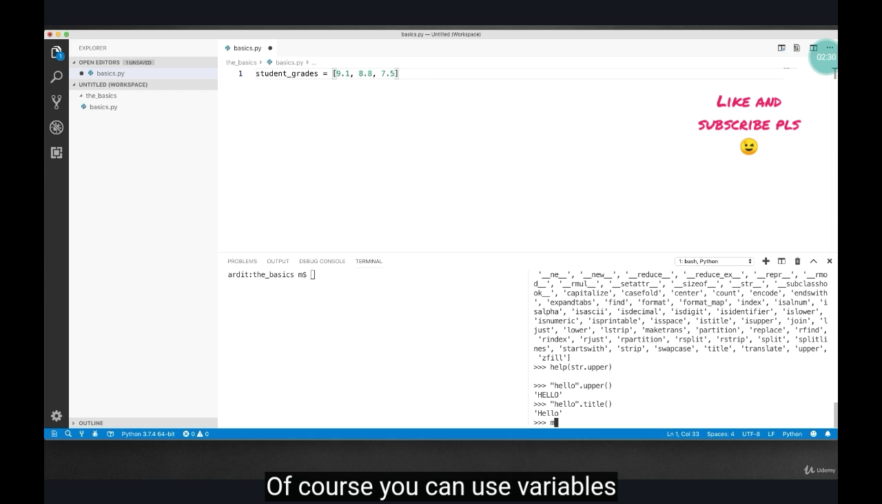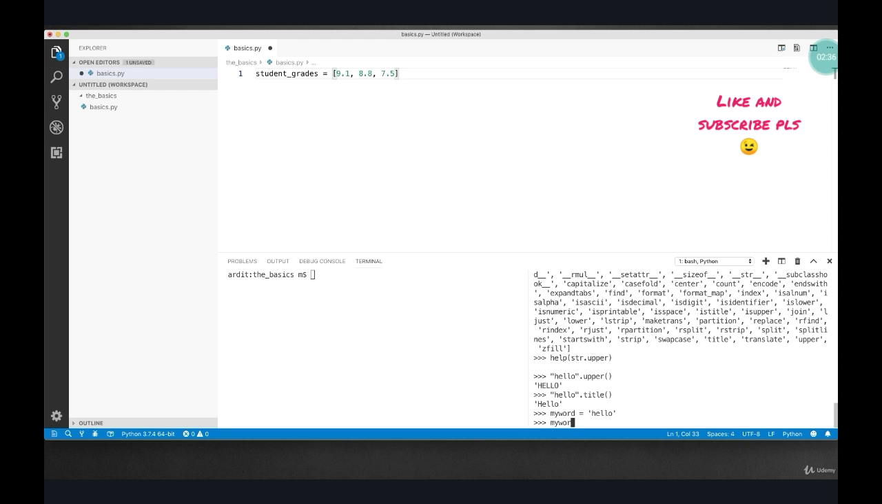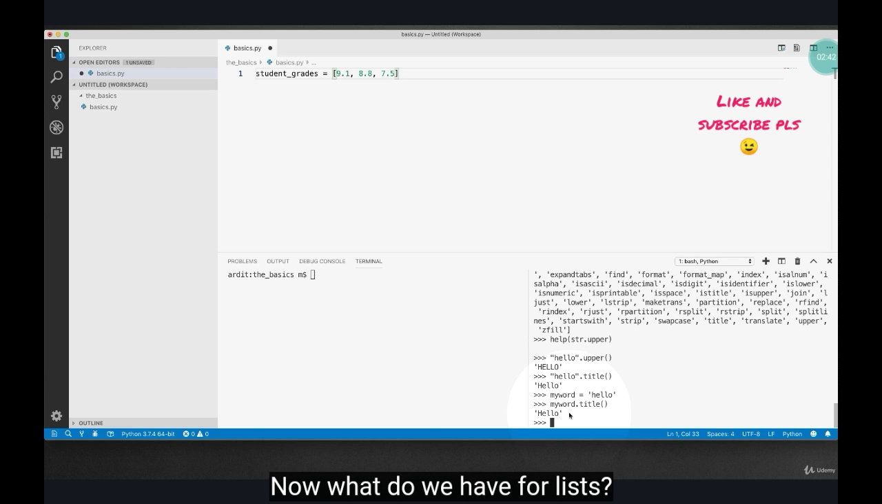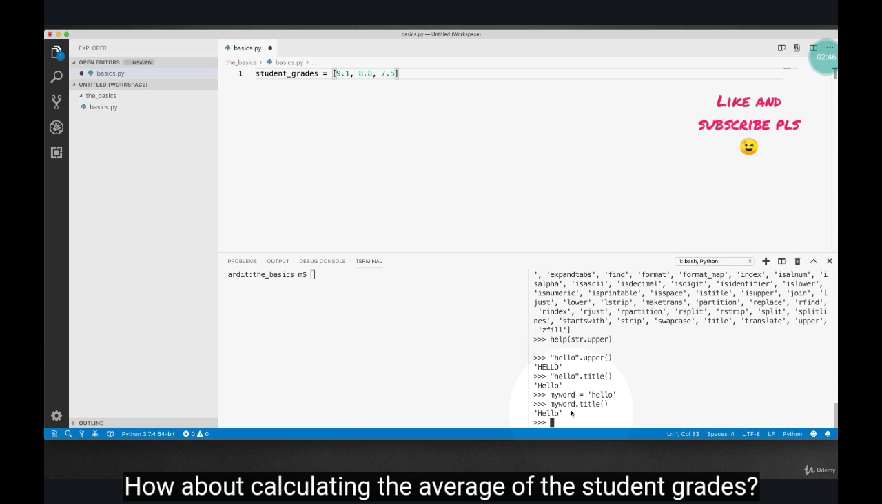Of course, you can use variables. And you get the same output. Now, what do we have for lists? How about calculating the average of the student grades? Let's do